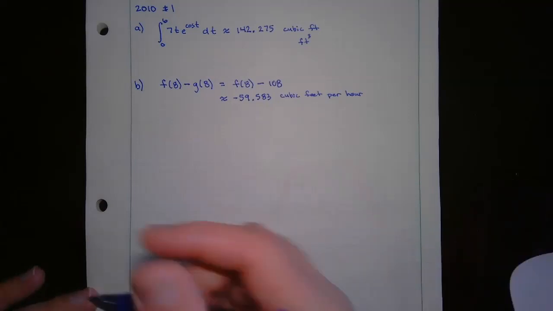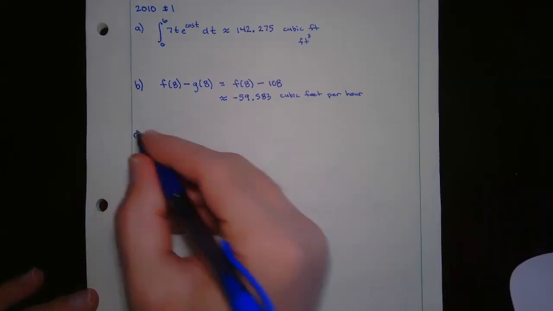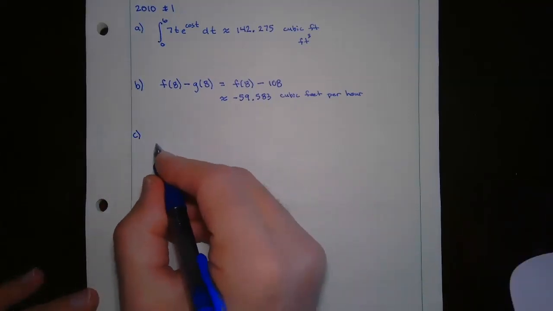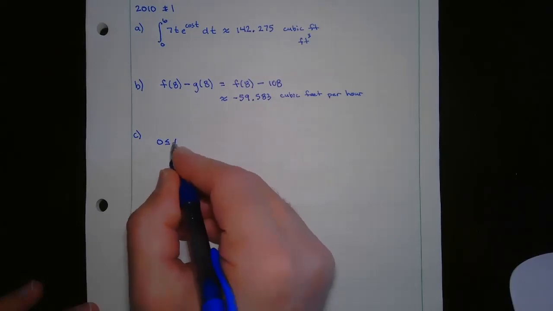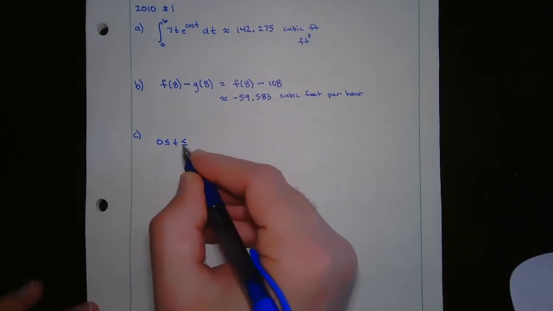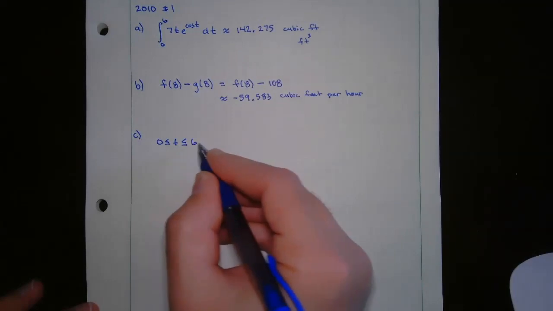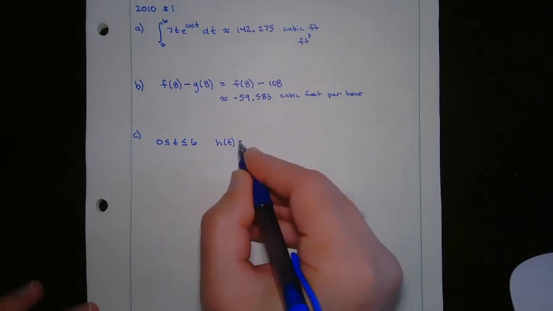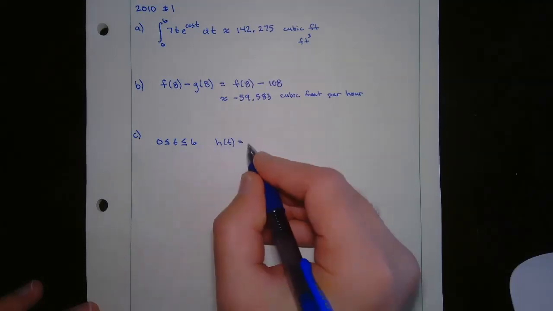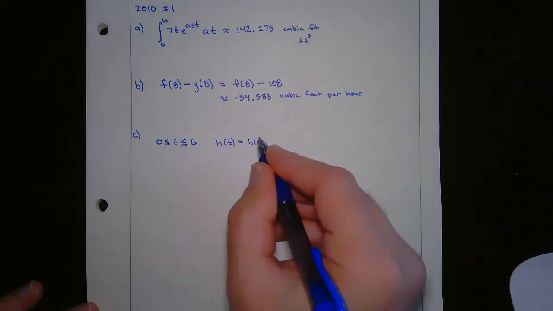Okay, so for part C, we know that for 0 ≤ t ≤ 6, h(t) is going to equal, now we're starting at 0, right? So that's going to be h(0), the starting amount,